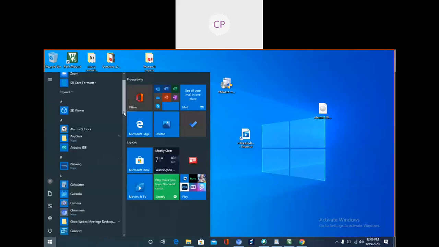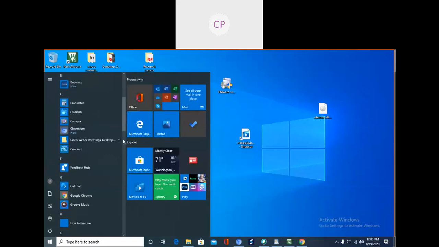See whether that snipping tool is still there.